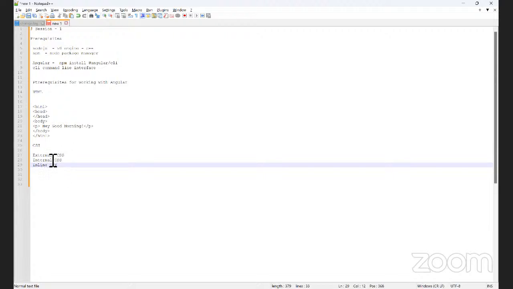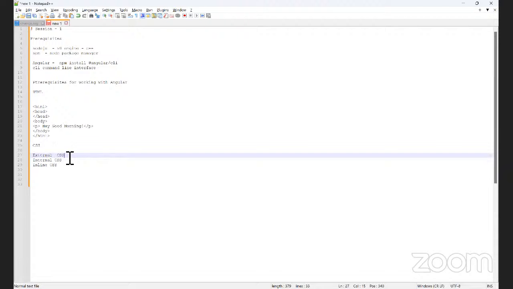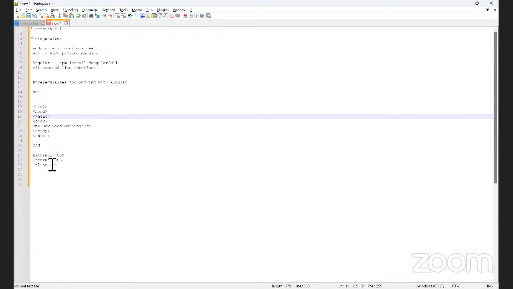Suppose you are writing some CSS in a specific file and you are integrating that file into this HTML file, then those are called external CSS. Internal CSS are nothing but inside these tags we write the styles, in one file only.